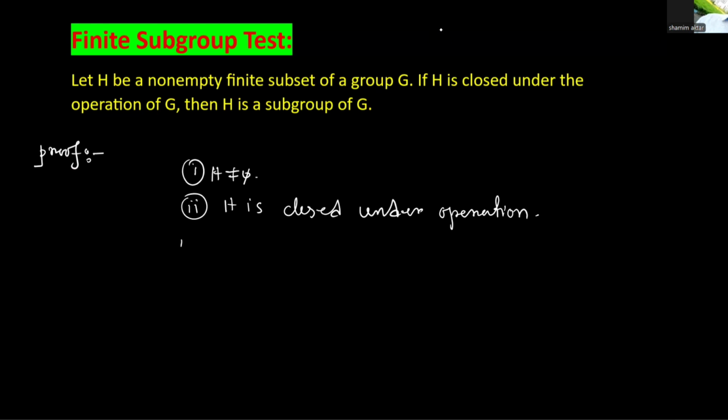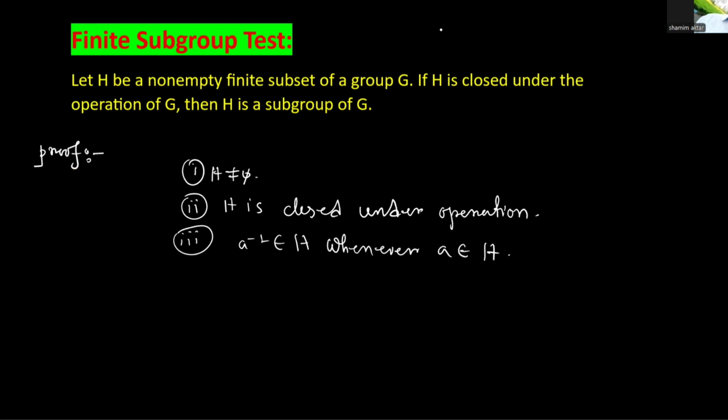And thirdly, we show a inverse belongs to H whenever a belongs to H. If the three conditions hold, then we say H is a subgroup of G by the